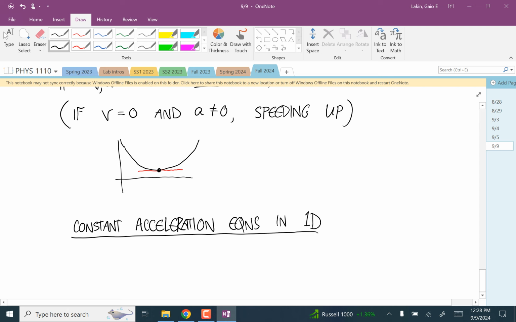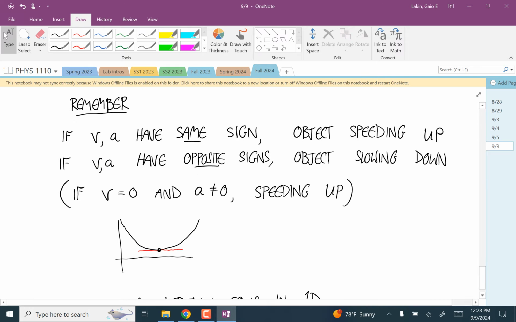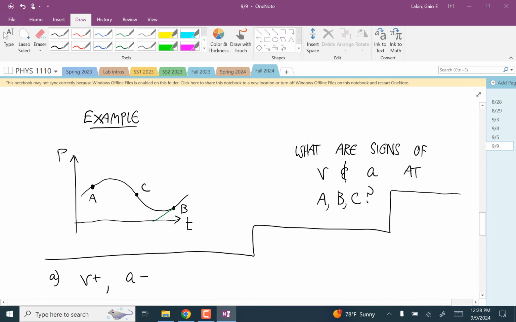What does constant acceleration mean? Always accelerating? It doesn't mean that actually, because you could have a constant acceleration of 0. It just means that whatever the acceleration is at one instant, it stays that way forever for the whole problem. Okay, so let's look at some of these and see which ones might be constant acceleration and which ones are